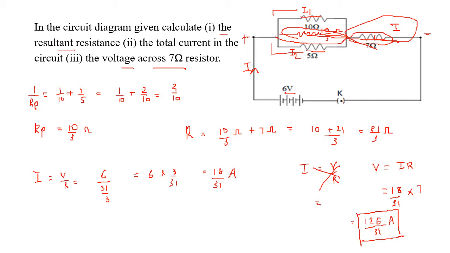But if you see, the current passing here and to the 7 ohm resistor is the same. Only the current splits up at the 10 ohm and the 5 ohm. Now just for your sake, if you are told to find it, yes, this becomes a little complex sum, and it is not in the syllabus, but just for your understanding. So here I am going to end this lecture. This was just a revision lecture to make use of all the formulas and the different numericals which can be asked in the exam.